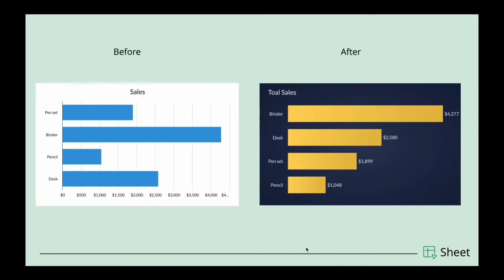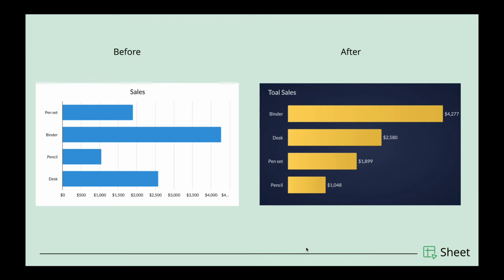So first up, we have a bar chart. On the left side, you can see the default chart style, and on the right, you can see the chart after the styling or customization. So you can see that apart from the colors and the design aspects, you can also see that the elements have also been smartly used inside the chart in such a way that there are not too many distractions in the chart. So you can see the data label being used.